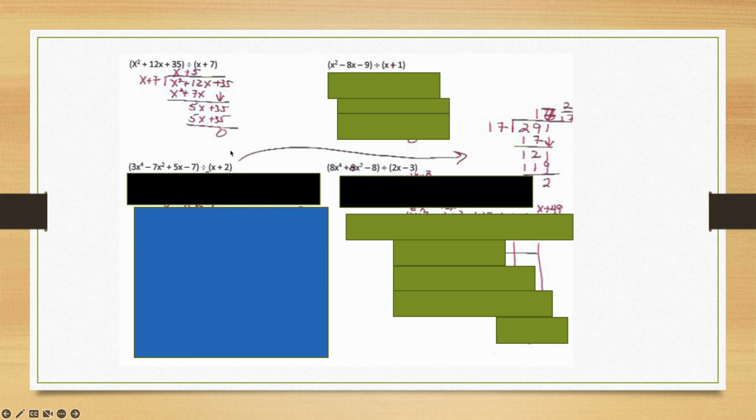So that means that x plus 7 goes into x squared plus 12x plus 35, and even x plus 5 times. It goes in evenly. Which, if we turned it around, we could say x plus 7 times x plus 5 is equal to x squared plus 12x plus 35. And we're going to do a lot of questions like that next week in our head as we begin to really understand factoring. So now on the upper right one that says x squared minus 8x minus 9 divided by,